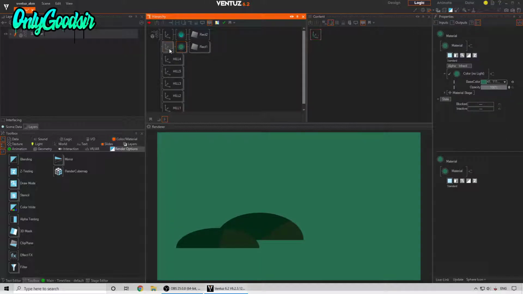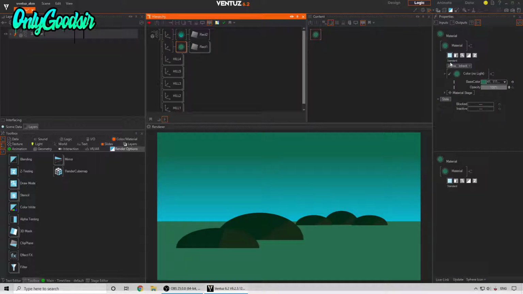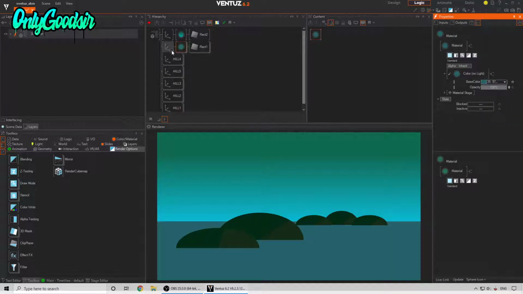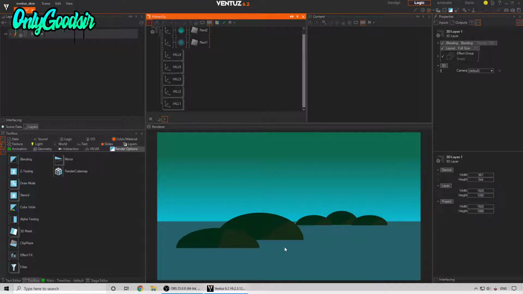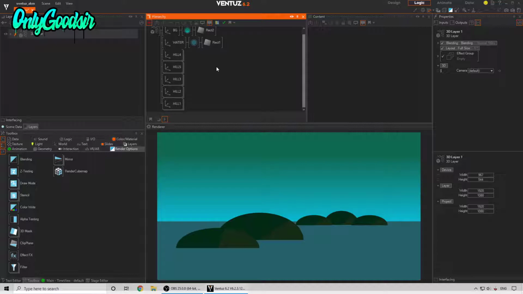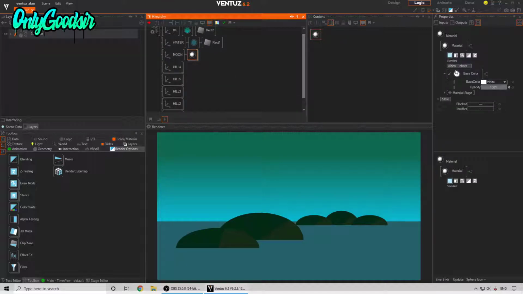Again, the light. Rotate this 90. Alright, I'll tweak this one to be a bit more bluey. Okay. Looks very yuck right now, but hopefully we'll fix the colors up. Okay, so I'll call this water, BG, or that could be sky or whatever you want. Let's add a moon or something. So moon, no light,